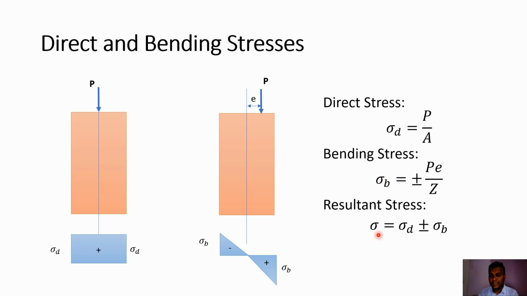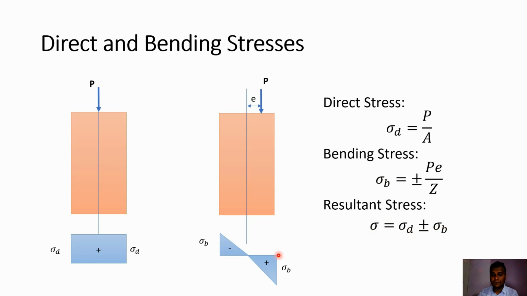So here the resultant stress sigma will be equal to sigma d plus or minus sigma b. Now the plus sign will be used for compressive bending stress and the minus sign will be used for tensile bending stress. So when we find the resultant stress,